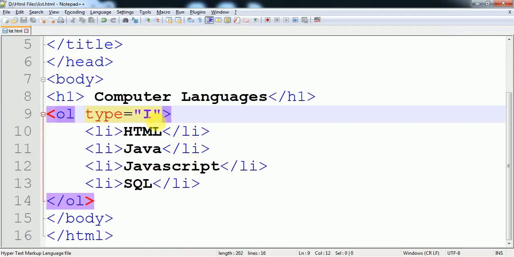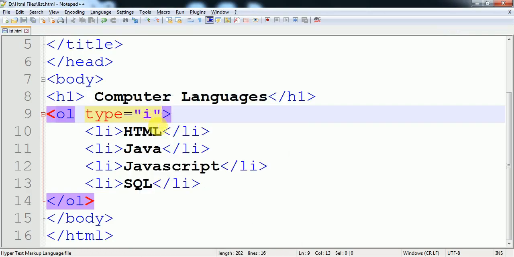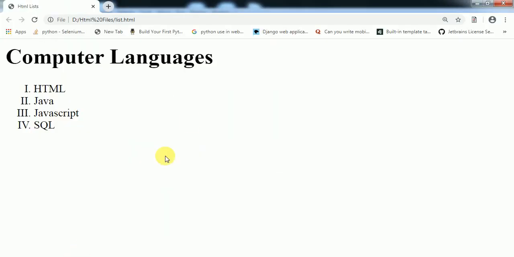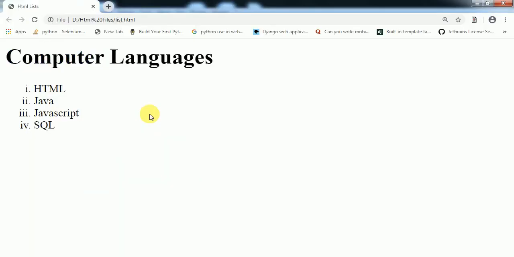If we give the value small i, it is small case Roman letters. Or we can give capital A, alphabet. If I give only A here, it represents that we want the list in alphabet. So refresh it: A, B, C, D.